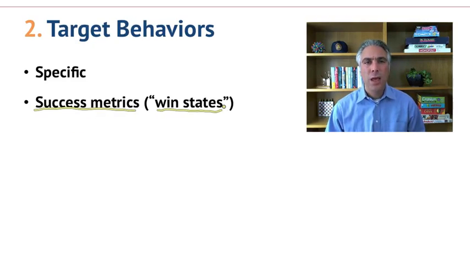In other words, what things would tell you that this gamification project was a success? What will let you decide that you've achieved the goals? And obviously it should be related to what the behaviors are. But sometimes the behaviors may be a set of activities which may be in conflict with other kinds of goals, or may be in conflict with other kinds of behaviors on the list. Figuring out what the success metrics are, what are the decision points that tell you that this has achieved its goals, will, similarly to the business objectives, allow for some ranking and some trade-off.